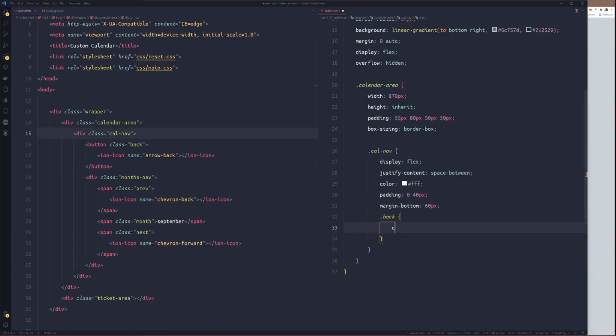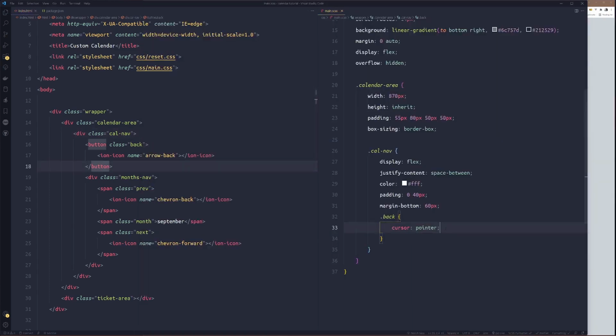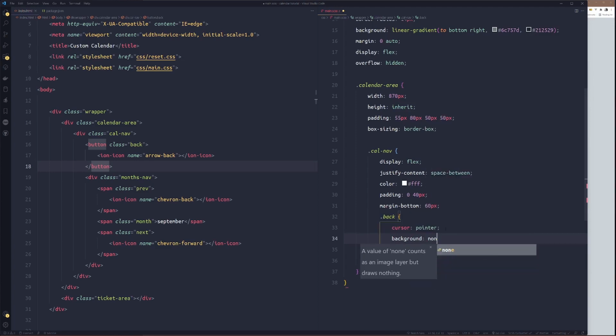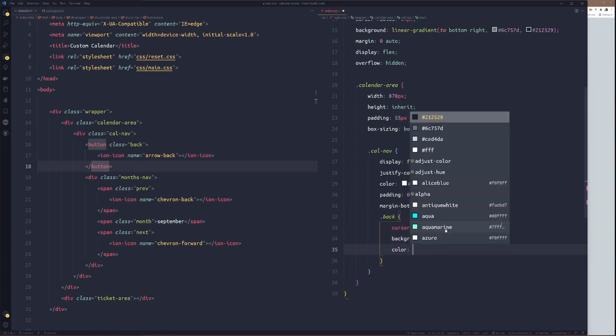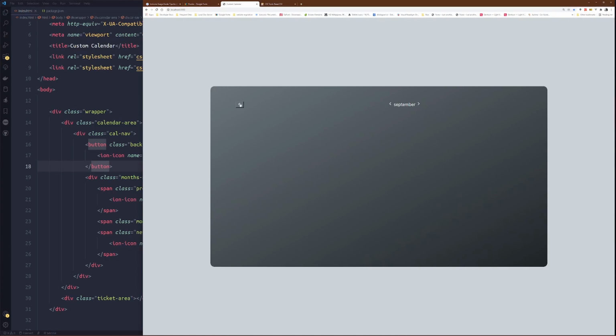So we'll set cursor to pointer, so that when we hover now, the mouse will change to a hand. Then we need to remove the background there. So we'll set background to none. Color to white. Okay. To remove this,